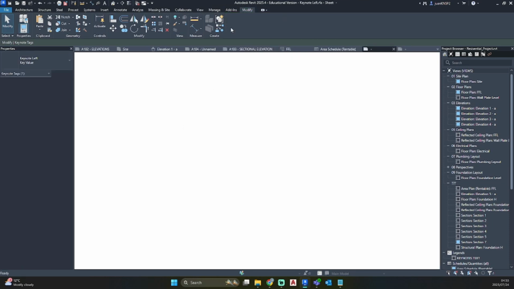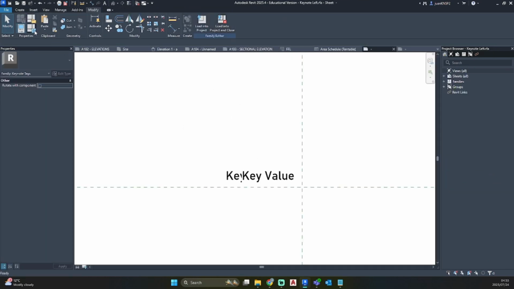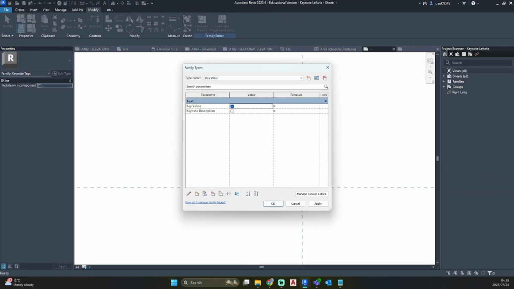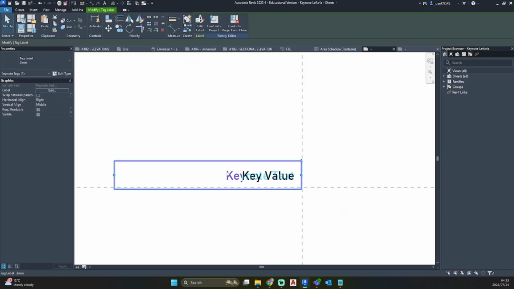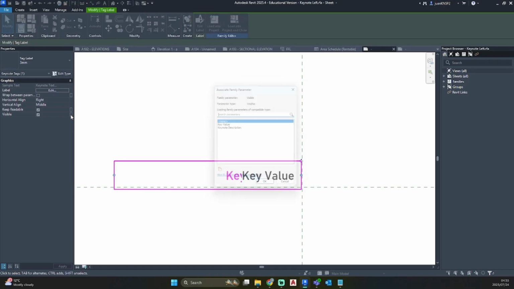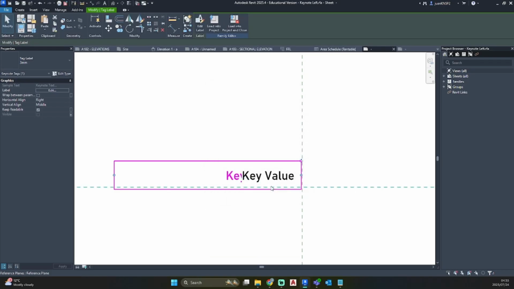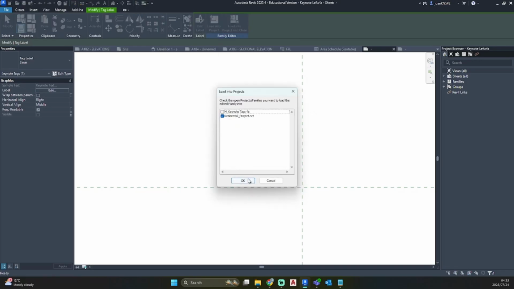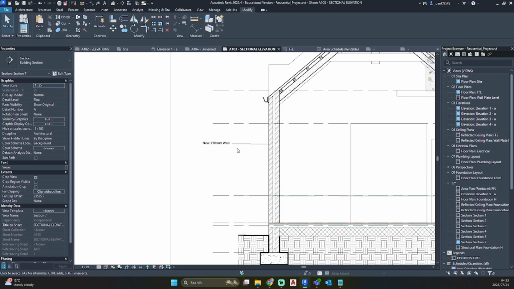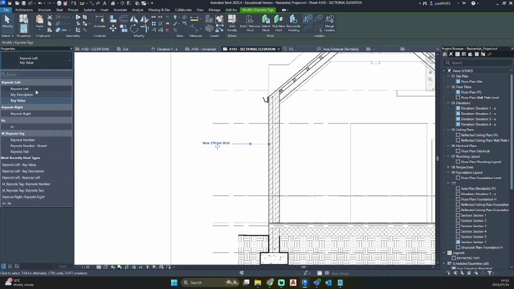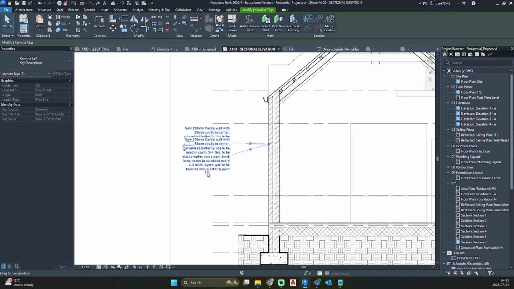Okay, so let me go check my family again. Properties, key value, key value. Okay, we need to set a visible for our description. Okay, let's test if this has been. We got key value, key description.